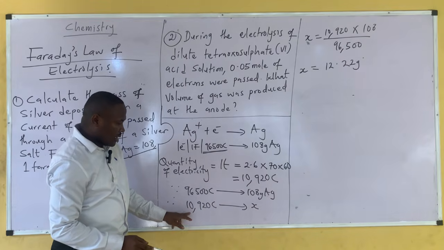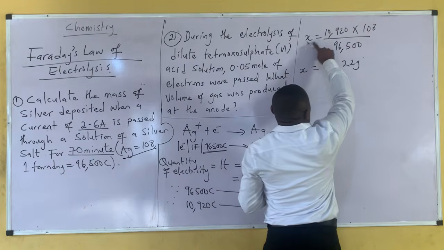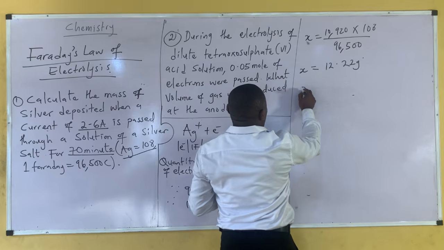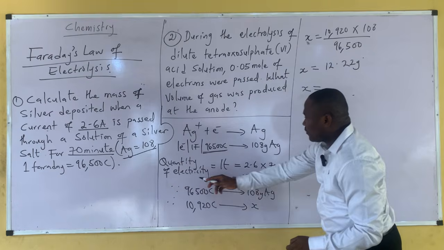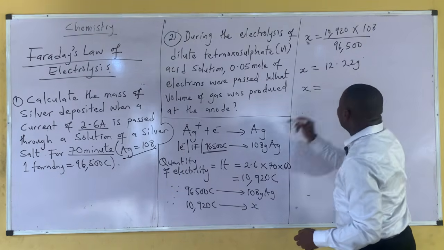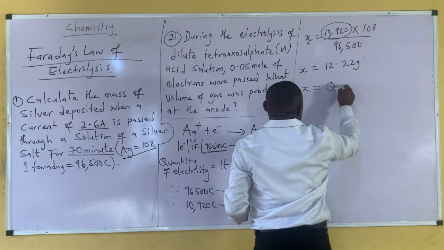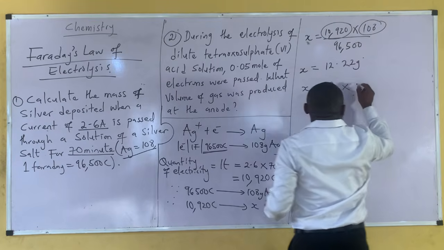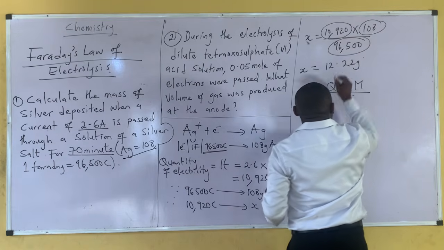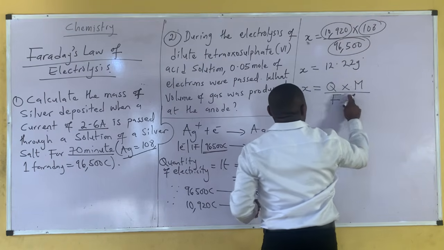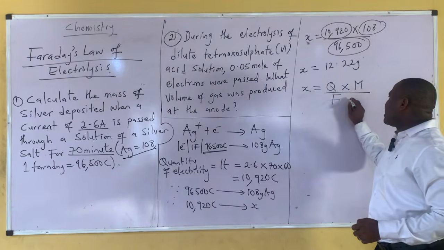Then when I said this, which is the quantity of electricity, give X. So X is now equal to everything here. So I can say that X is equal to, this guy came as a result of quantity of electricity, which is IT. So I can take everything here as my Q times everything here as my molar mass over everything here is my farad. Now, but there is something I will always add to farad or Faraday. What is that thing? I will add